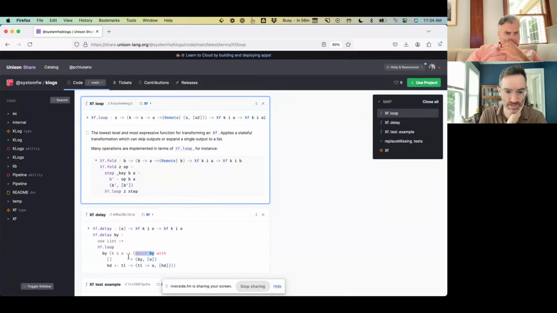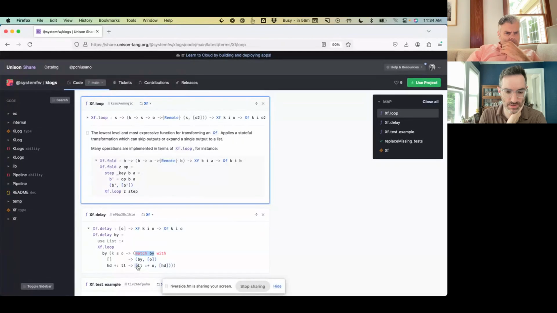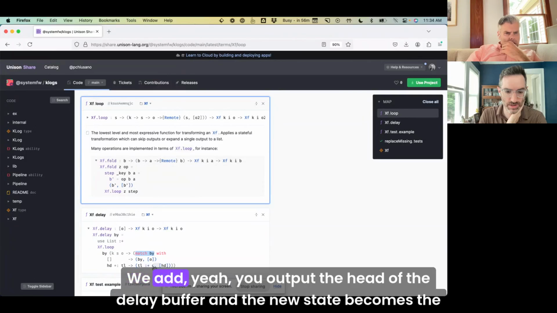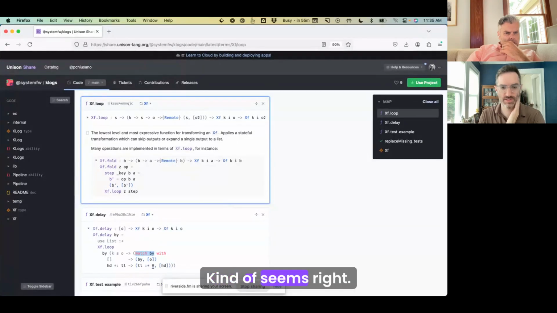That's fine. If the delay buffer is non-empty, you output the head of the delay buffer, and the new state becomes the tail of the delay buffer plus the current output. Kind of seems right.